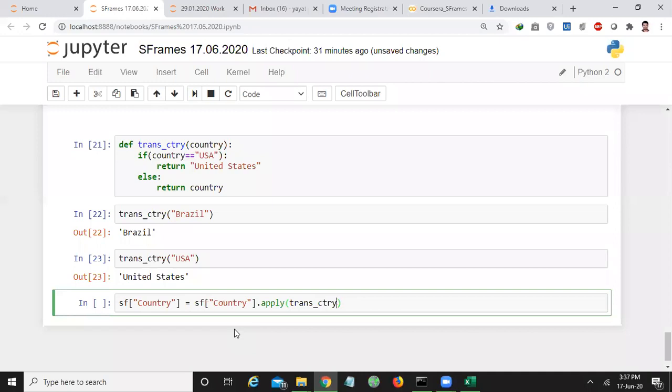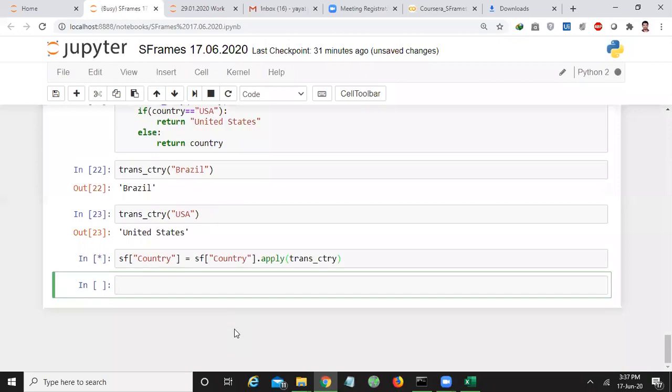What is the meaning of this? I want to apply this trans_ctry function to each and every country in my S frame. Okay, execute this.